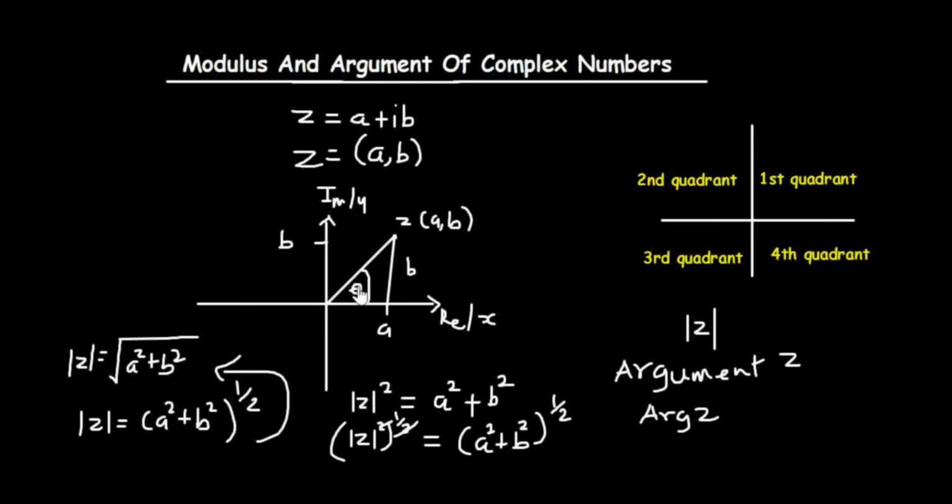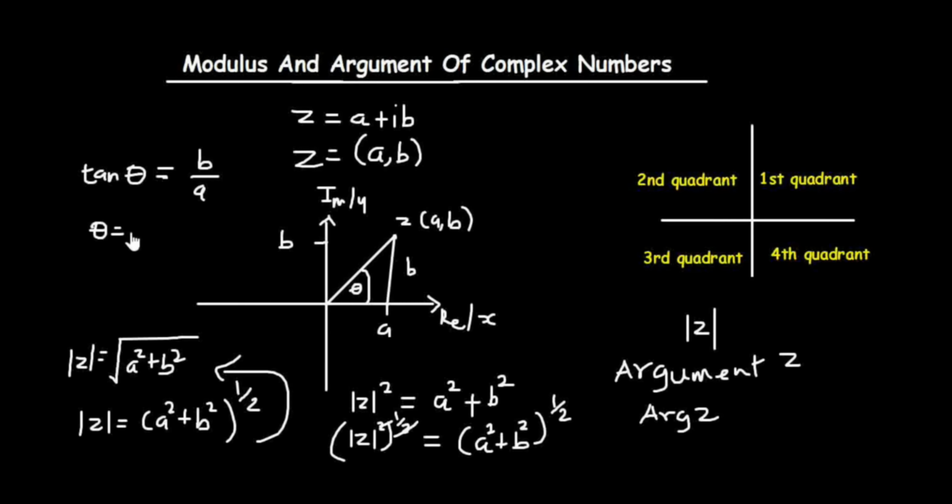So how can you calculate this argument? To calculate it, we take the tan of the angle theta. Tan of theta will be equal to opposite over adjacent. In this case, the side opposite to the angle theta is B, so that's B over the adjacent, which is A. So if you want to find this angle theta, which is the argument,